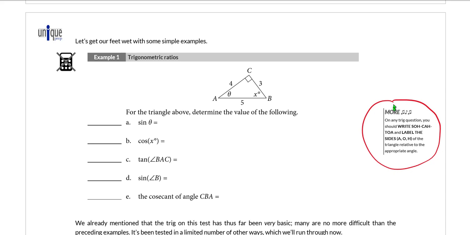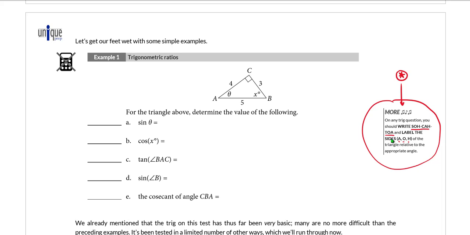if you are going to do them on your own, I suggest that you pay attention to this note over here and that you try to apply it. You always, when you're doing a trig question on this test, should be writing SOHCAHTOA, just so that you visually have that hint, that mnemonic in front of you, so that you don't make any careless mistakes and mess up some of the ratios. You also should be labeling sides AOH, adjacent, opposite, hypotenuse, depending upon what angle you are